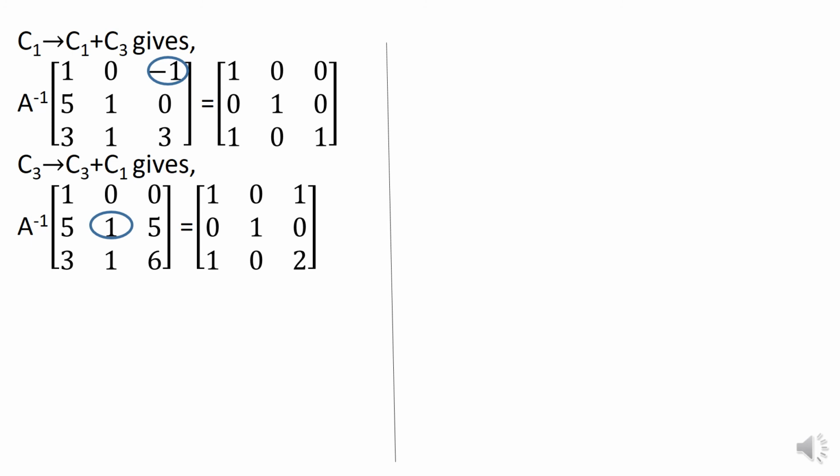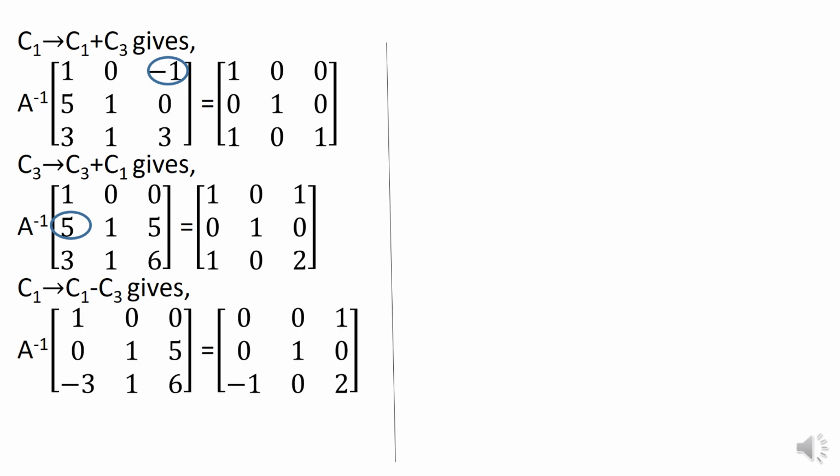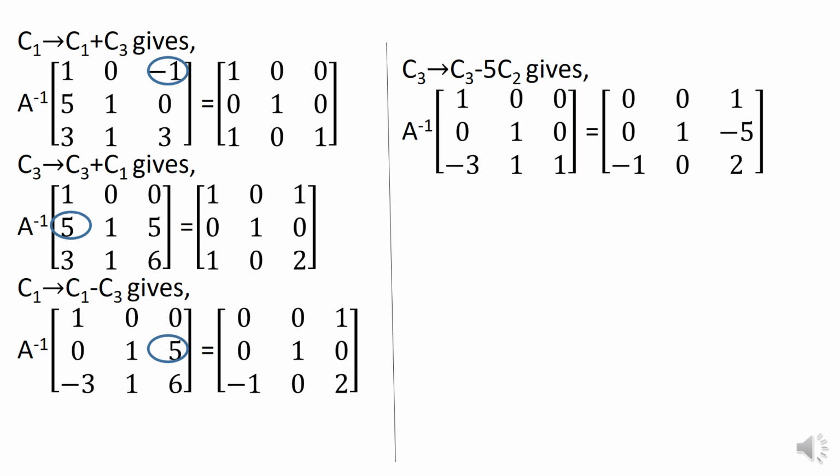Next step, to get 1, already 1 is there in the proper position. So we proceed further by converting, say, this 5 into 0 by doing C1 minus C3. So C1 minus C3 gives us 5 minus 5 as 0. Thus we get 0 in the proper place. So C1 on both the sides changes. Then we want to convert 5 into 0. This we do by doing C3 minus 5 C2. So we get 0 in the proper position. On the RHS also the changes are there. Observe the changes which are there in C3.